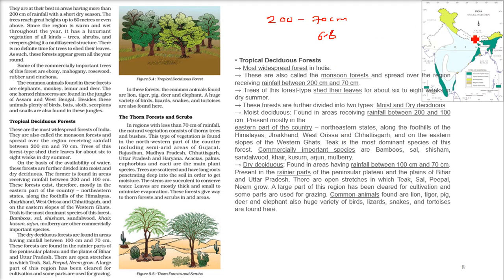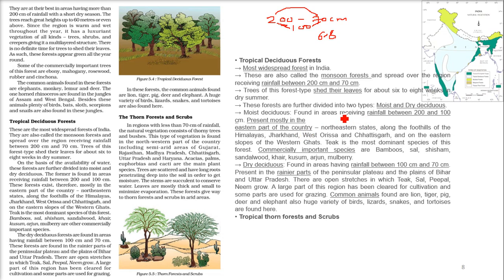Now we can always divide them because the regions are different. So we can divide it into two parts again. That is, this can be divided into 200 to 100 and then 100 to 70. So 200 to 100 we call by one name, and the other one we call by a different name. First we call them moist deciduous forest. Why is it moist? Because the wind there will have a lot of moisture in it. From 200 to 100 it's quite a lot of rain,